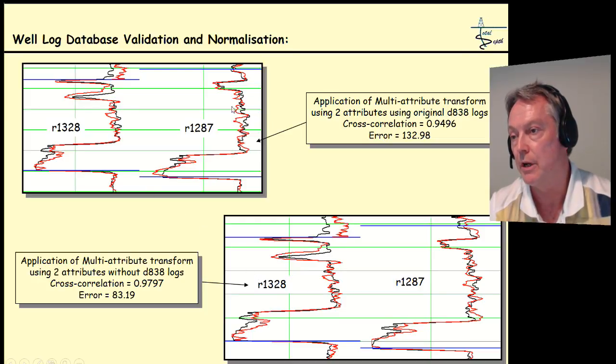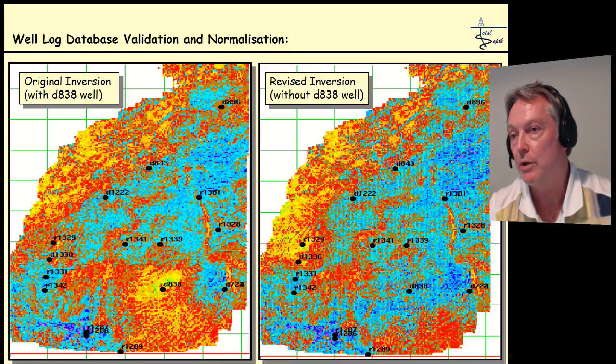The logs, creating a transform based on the logs, including the D838 location. We can see that there's a lower correlation coefficient and again a lower error. And we can see it will only improve if we can get rid of the bad data point. Bad data in, bad data out. So now we're going to revisit the horizon slice that included the D838 location